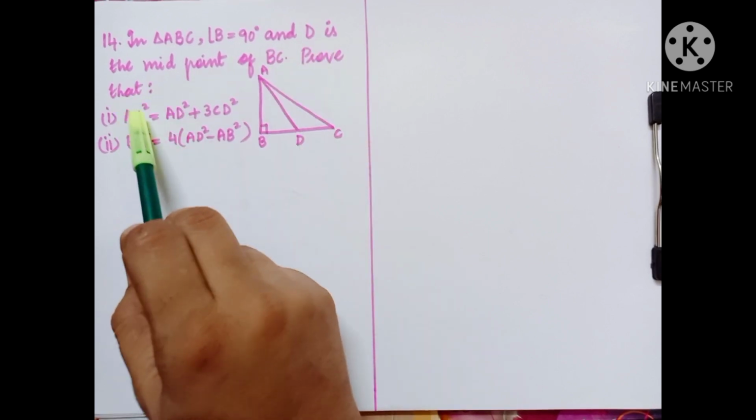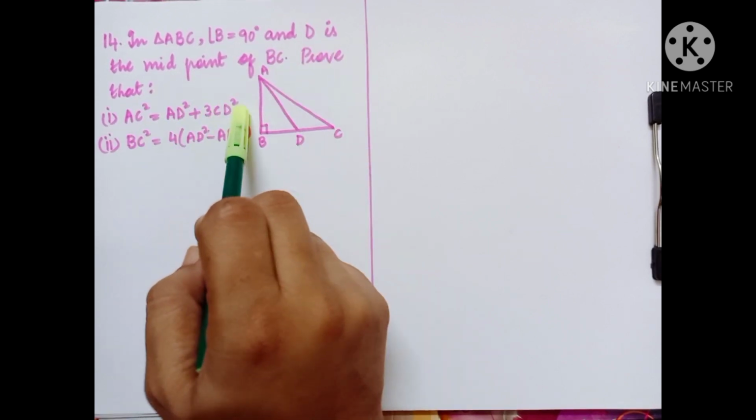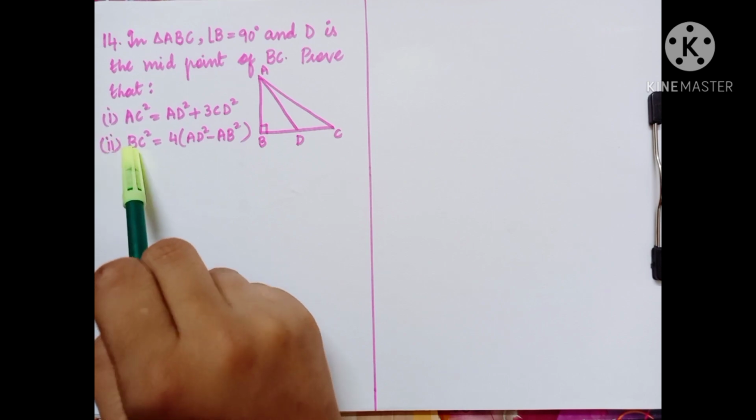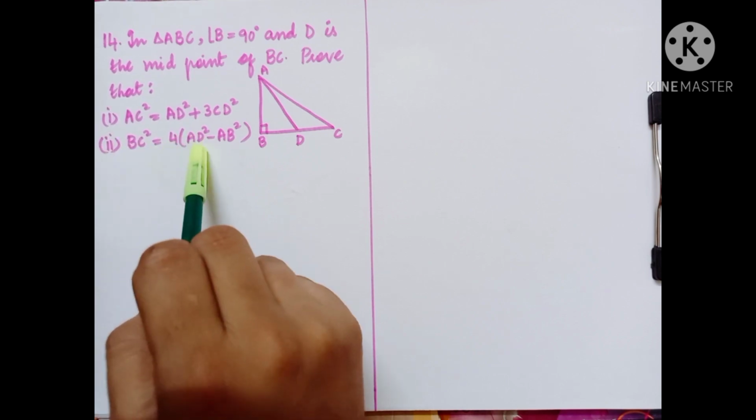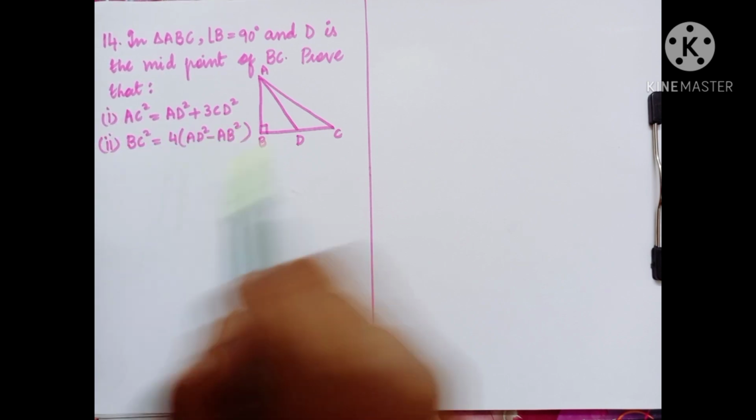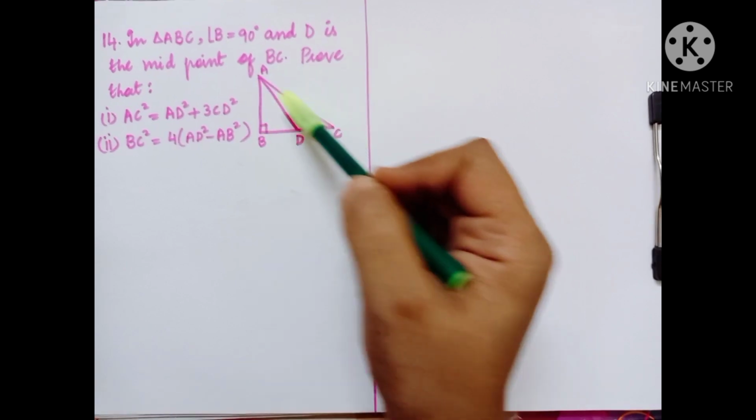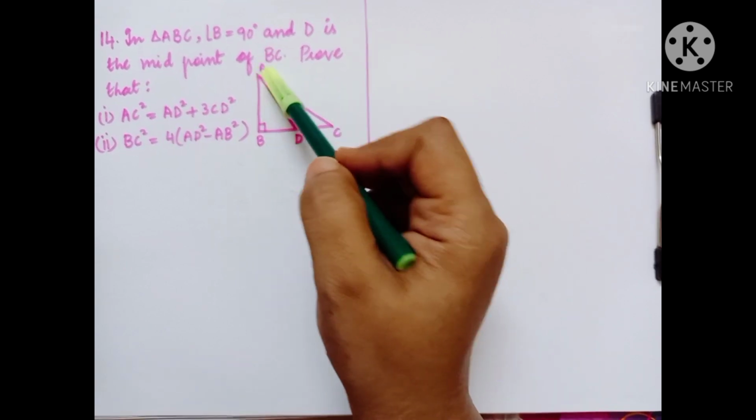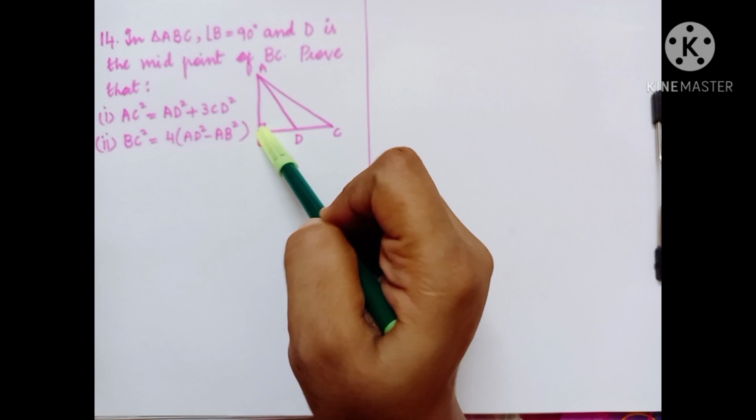Prove that AC square equals AD square plus 3CD square. And second is BC square equals 4 times AD square minus AB square. Now you can clearly see this is nothing but a right angle triangle where angle B is 90 degrees, as mentioned